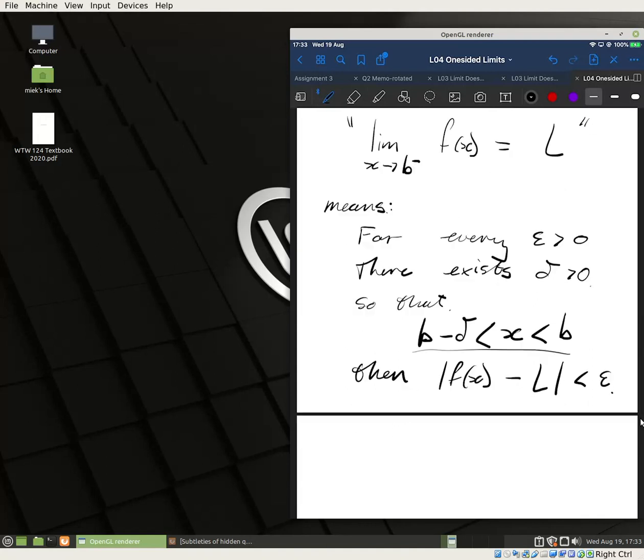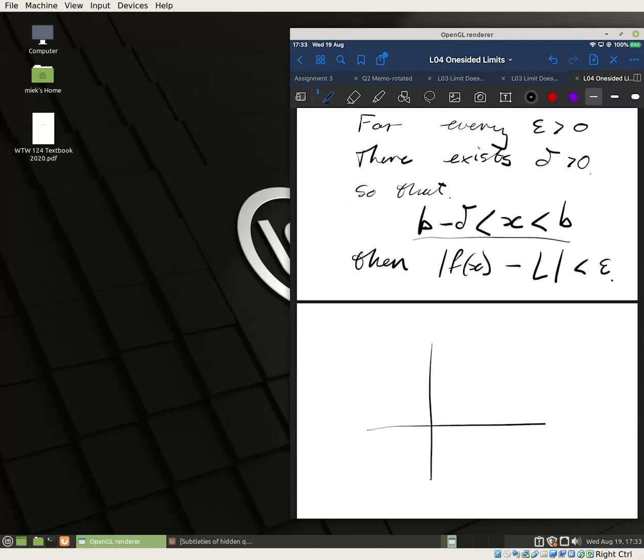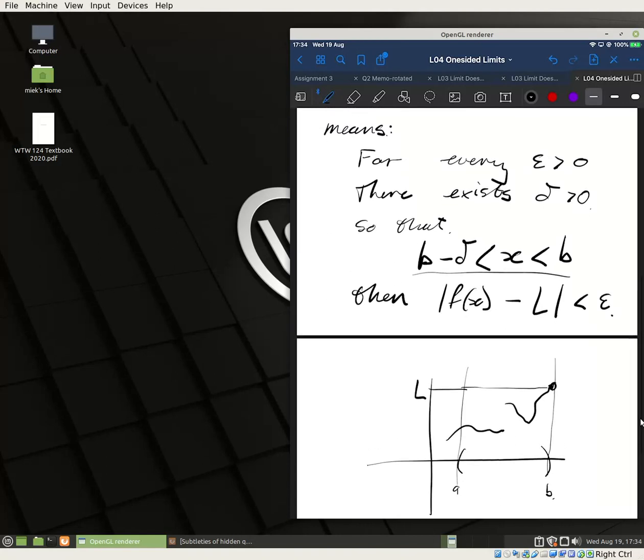And of course, what does that mean? That means, if we think about it, if that is a, that is b, this means that we are in some interval to the left of b. So let's just think about intuitively what this means. Let's say we have some function f whose graph looks like that. Let's say the limiting value is L. Then if we read this definition,